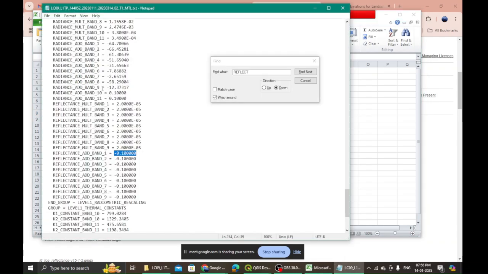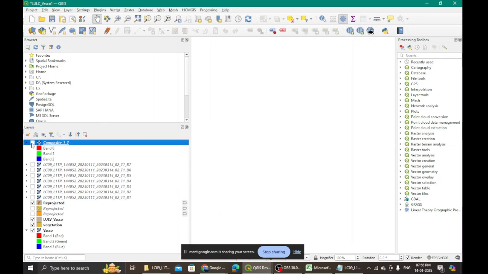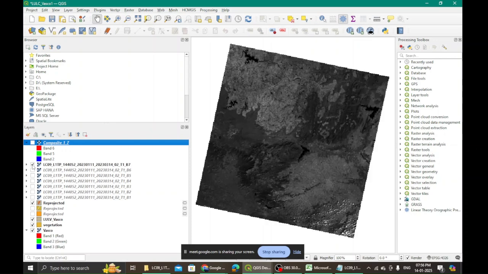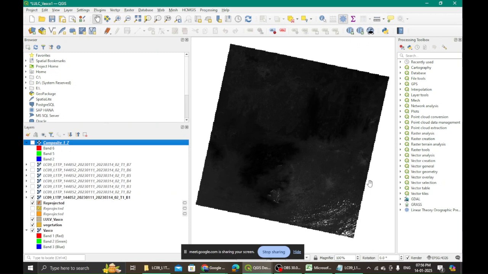This is what we have got from this MTL data, that is the metadata, all the information pertaining to this particular file. Now this time I come back here. I know that I have made a band composite out of uncorrected data, right? So this time I would want to correct this band 1 data. Let's correct this data for atmospheric disturbances.